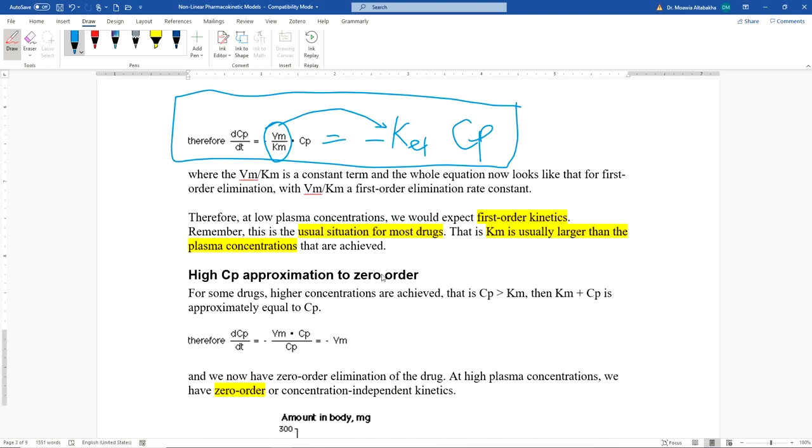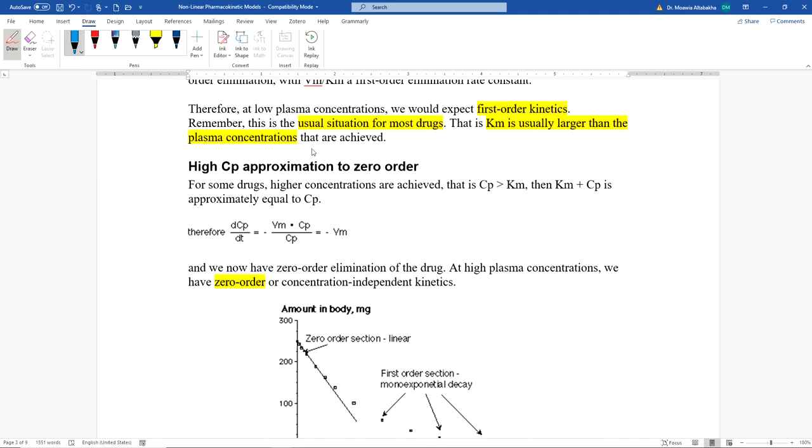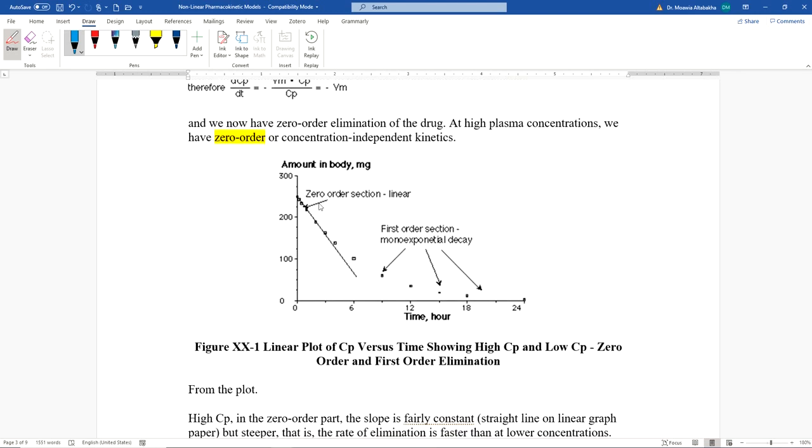So we looked at the two ways, very high concentration and very low concentration, and how the kinetics behave. Because it doesn't follow just first order, we refer to it as nonlinear pharmacokinetics. What is this specific case? This specific case is dose or concentration dependent kinetics that follows the Michaelis-Menten equation. Now if we take time and concentration on normal graph paper, this graph paper.